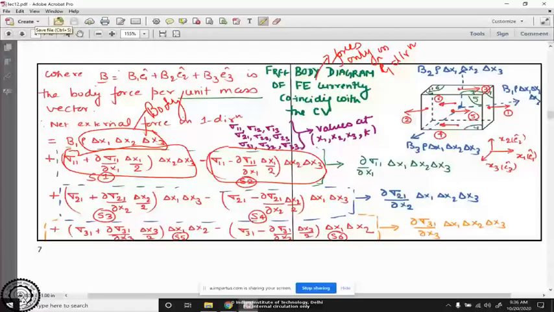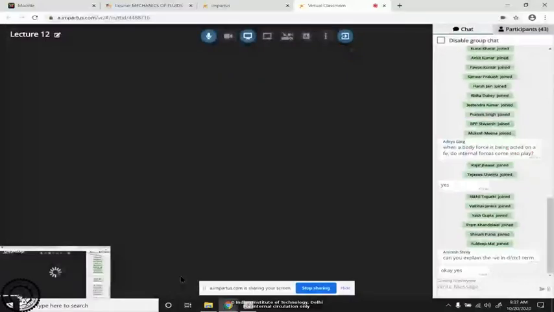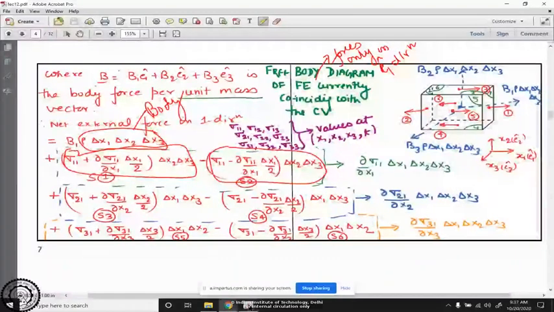So this free body diagram is not complete, but that's what I need for the time being. Okay, questions? Okay. So if we are comfortable with these terms being written in this fashion, and if we are comfortable with signs and all, then we can